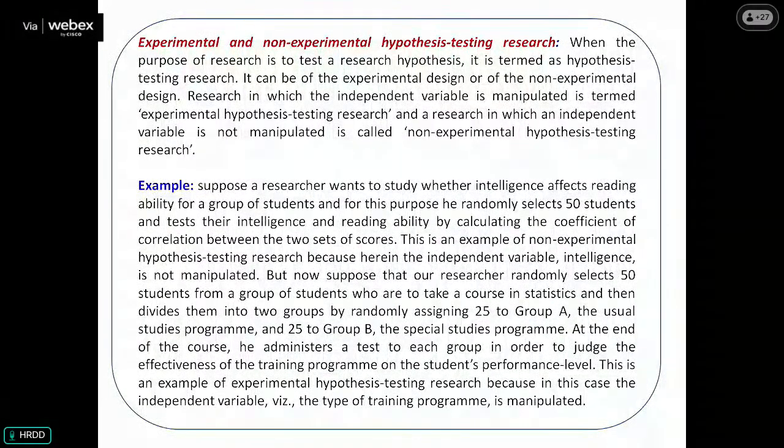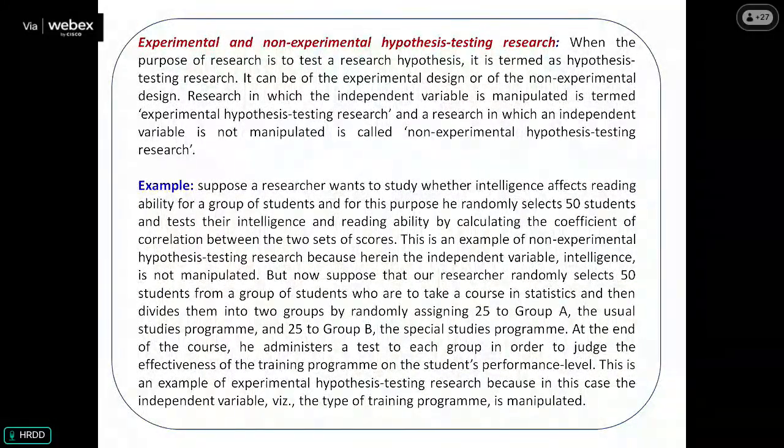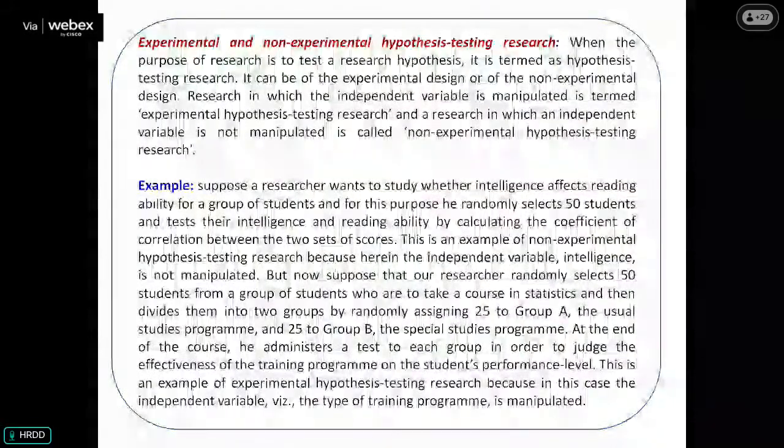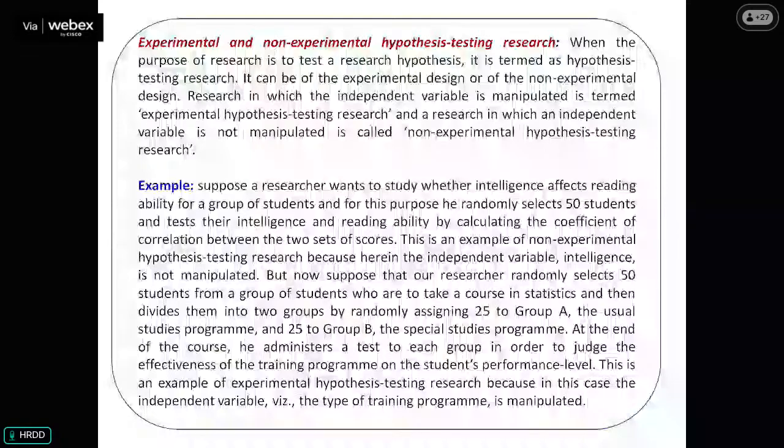Variable not manipulated is non-experimental hypothesis testing research. One example is given in Kothari's book. Suppose a researcher wants to study whether intelligence affects the reading ability of a group of students. So the researcher wants to study intelligence on the group of students,